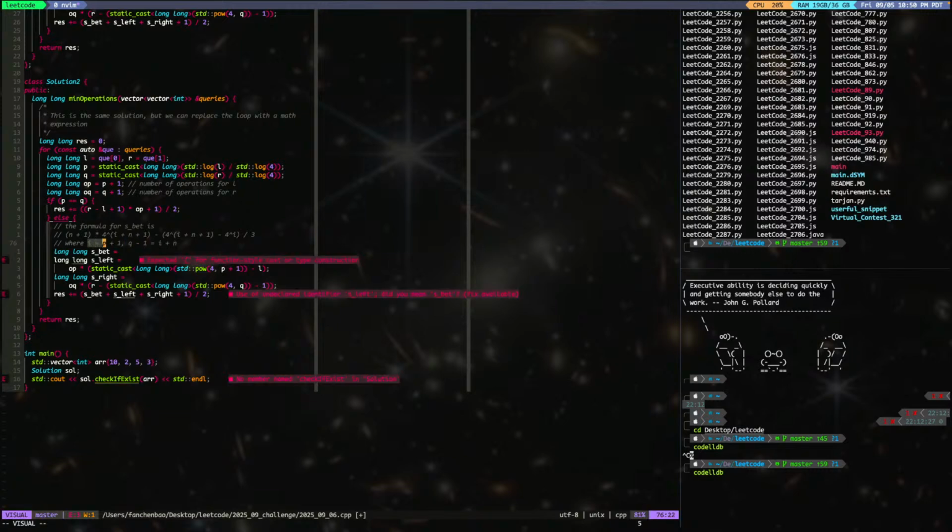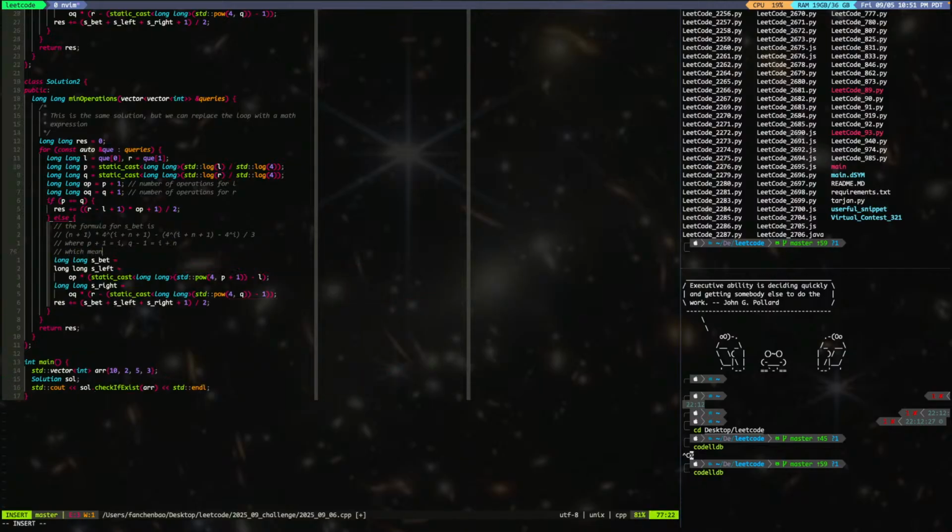Right? Where p plus 1 is equal to I, and then q minus 1 is equal to this. Which means we have I, we have n, right, is equal to q minus 1 minus I. I is p plus 1. So equal to q minus p minus 2. Right? So with that,